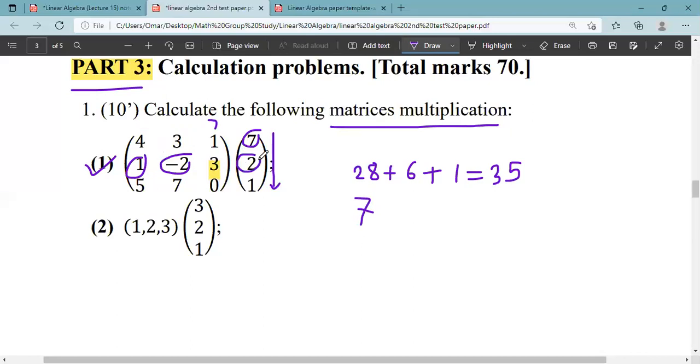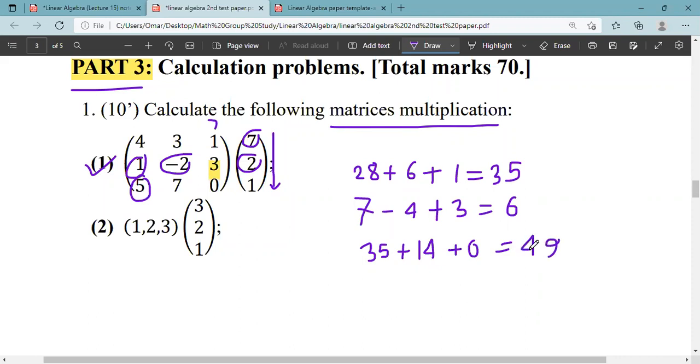That is 7. Then 2 multiplied by minus 2. So we go from left to right and then top to bottom. So 2 multiplied by minus 2 is minus 4. And then 3 multiplied by 1 is 3. So it will be 6. And for the last row, 5 multiplied by 7 is 35. Then 7 multiplied by 2 is 14. And then 0 multiplied by 1 is 0. So it will be